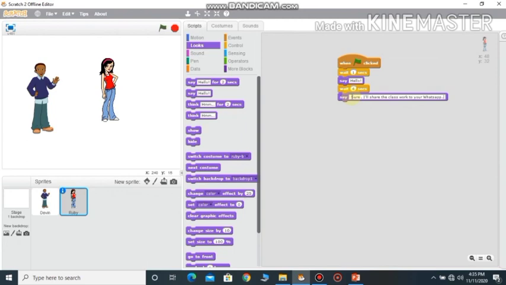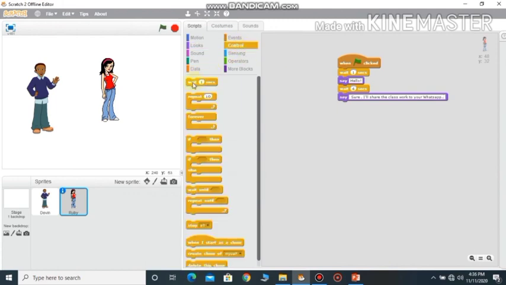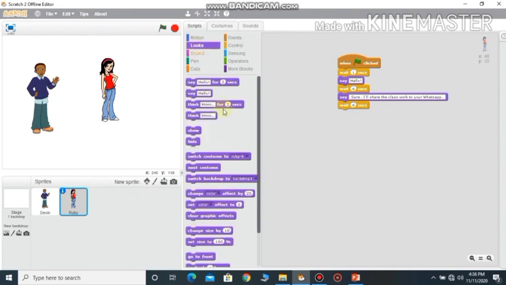Okay, so after that, it waits for 4 seconds. Let us give that command. It will be in the control block. Wait for 4 seconds. Okay, so after that, at the last, it should say that's okay.